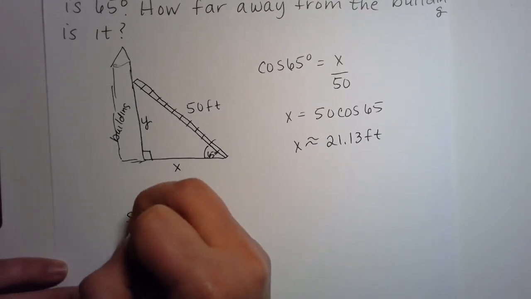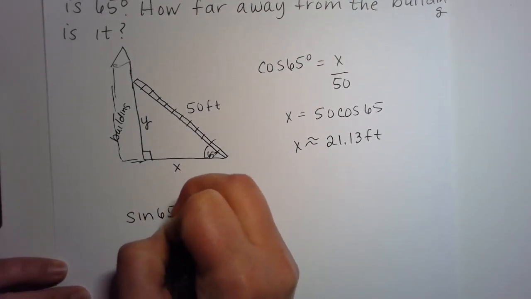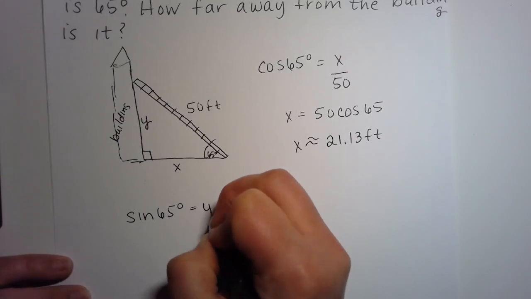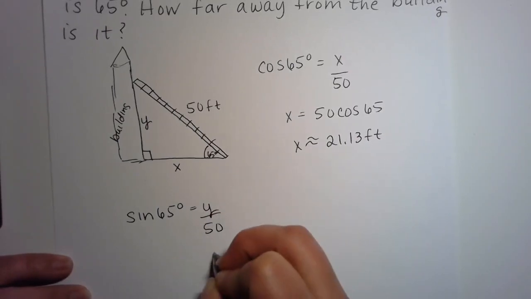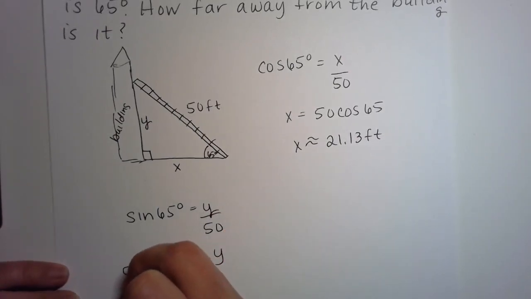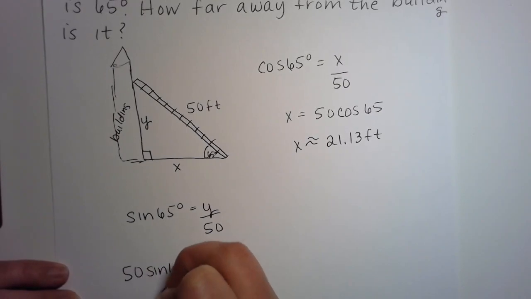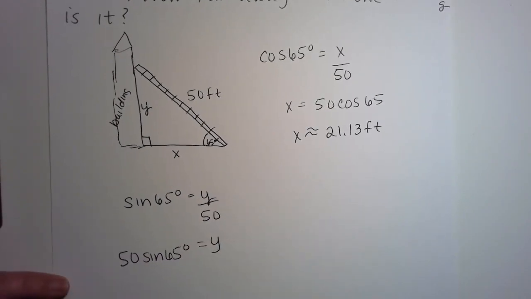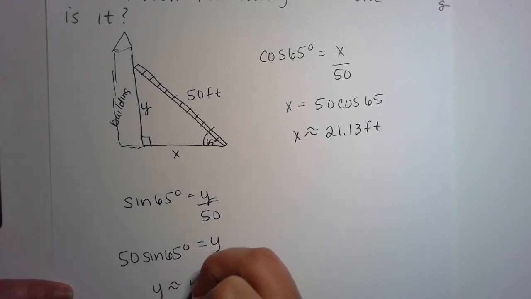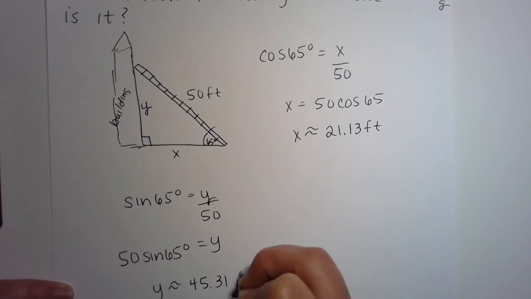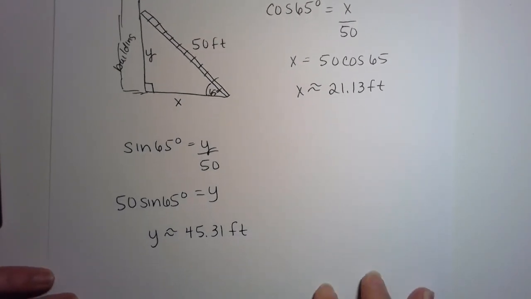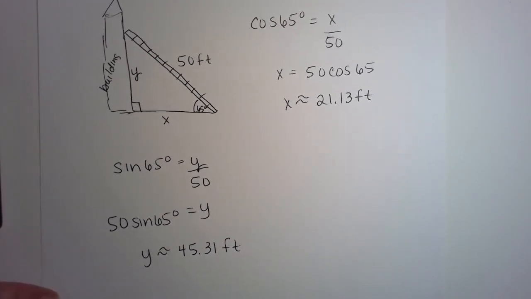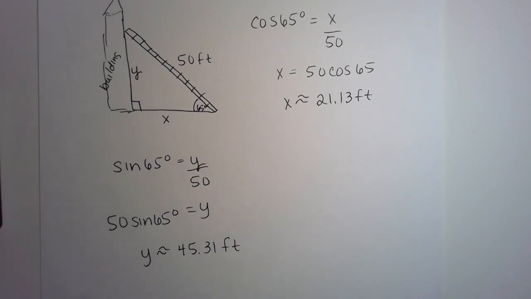So we're going to use sine of 65 degrees is equal to y over 50. And so my y is equal to 50 sine of 65 degrees. And putting that all in my calculator and rounding, I get y is approximately 45.31 feet. Okay, so we're not done talking about trigonometry, and so until next time,